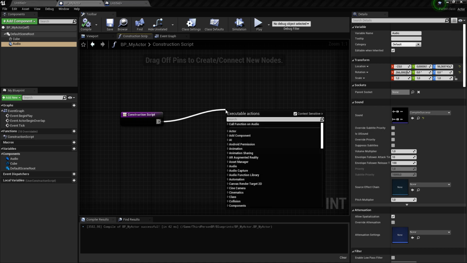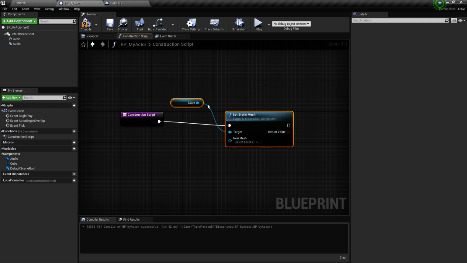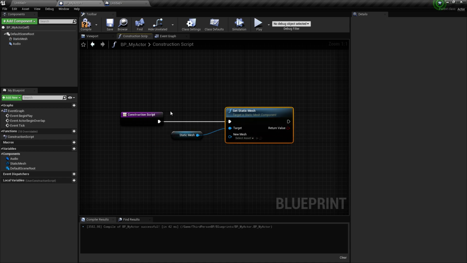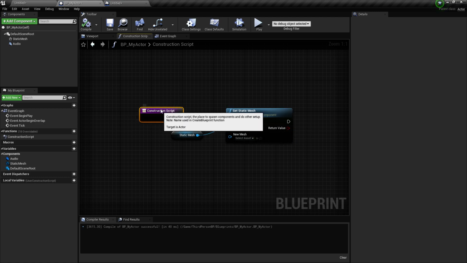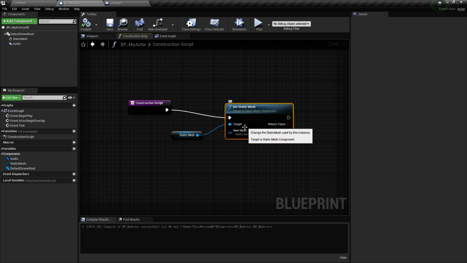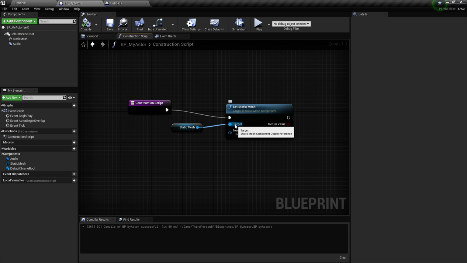If I drag and say Set Static Mesh, for example, when the game is loading, this node is going to be fired to set the static mesh, and my target is this target here, Static Mesh.